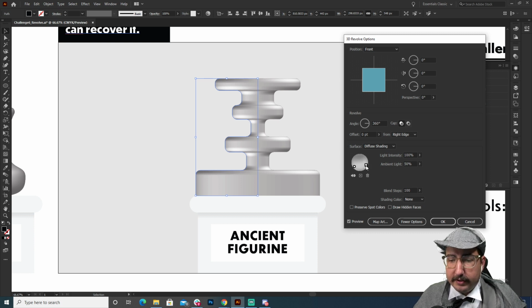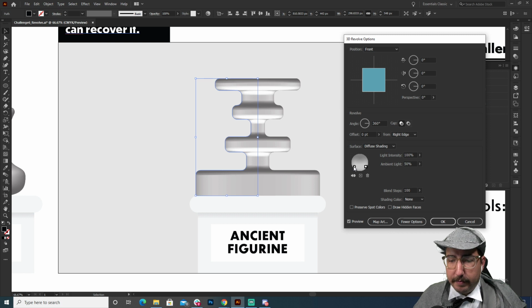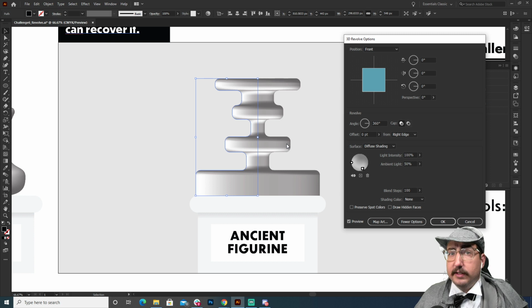So maybe we want to do the classic noir thing where it's lit from the bottom on both sides, or maybe there's one coming in from that side, one coming in just from the bottom. You can play around with what you want those to be. Super fun and super helpful if you're trying to just map something. This helps a lot for reference too. If you're trying to create a vector of something using a style or shading, you can create a 3D version of it first and then trace over that to implement it.